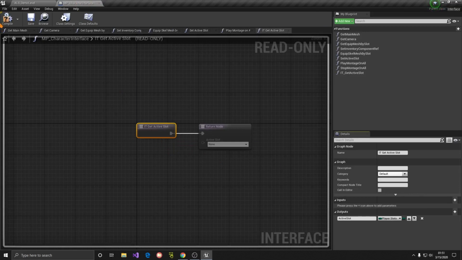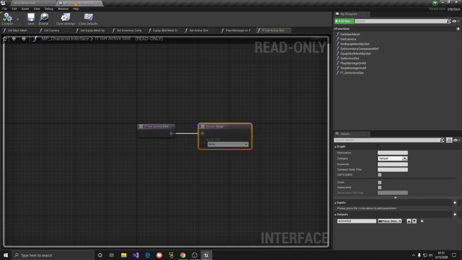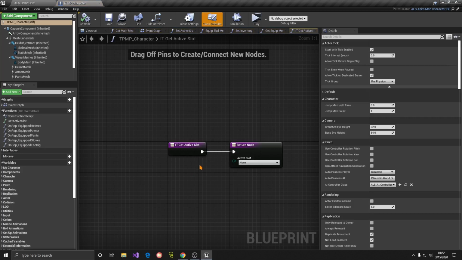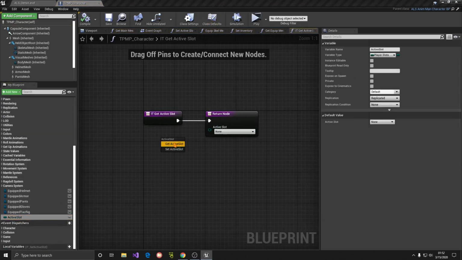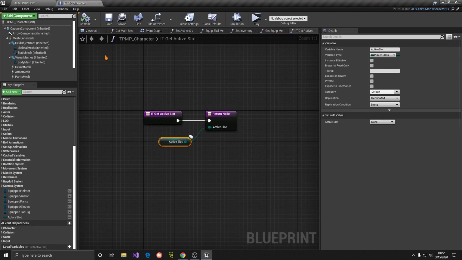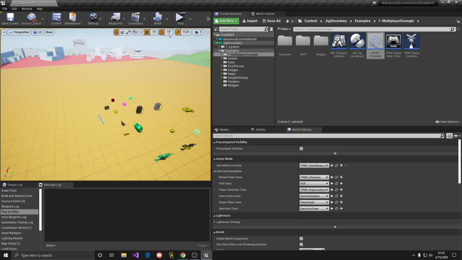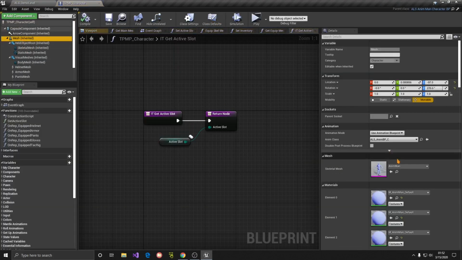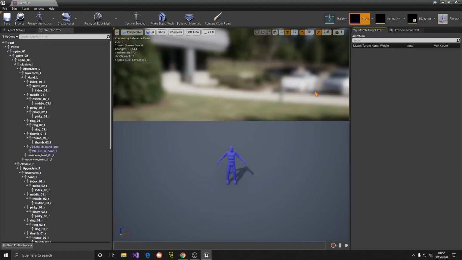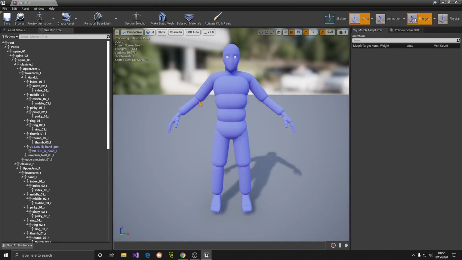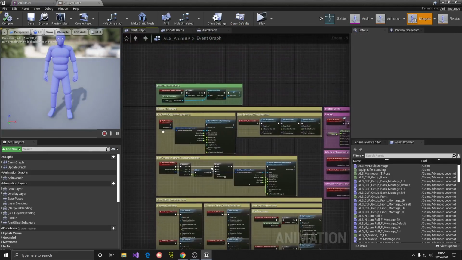So I'm going to delete that, save, compile. So IT get active slot in the MPE character interface returns the player slots variable. Close that, open TP MPE character, and we will return the active slot there. Alright, now that we have this set, we can go to the anim BP, which is inside of mesh, anim mannequin. Click here, go to the event graph,